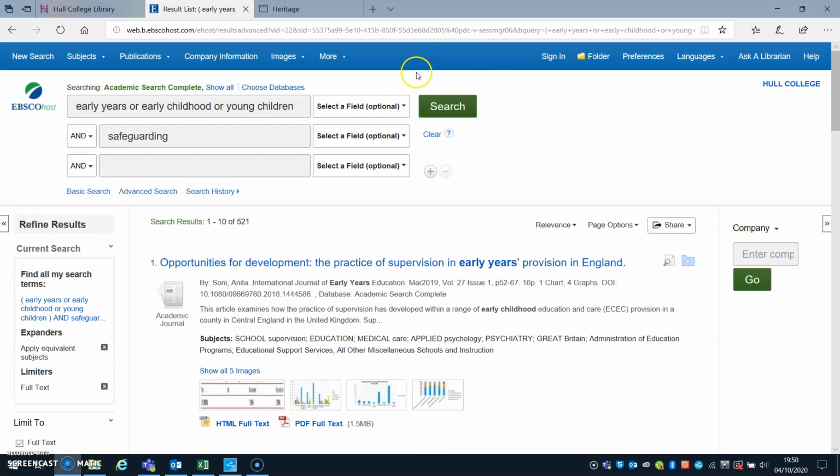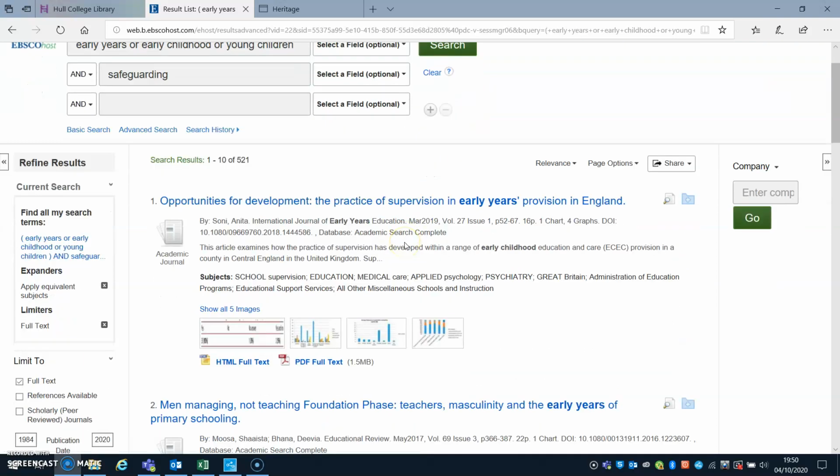For the minute, I'm going to show you something, because if you look there, you've got the authors and titles, but sometimes you're not entirely clear what the article's about, and some of these articles can be really long. So you end up reading them for ages, and then you don't actually get the information that you need. But if you click on the title of the article,